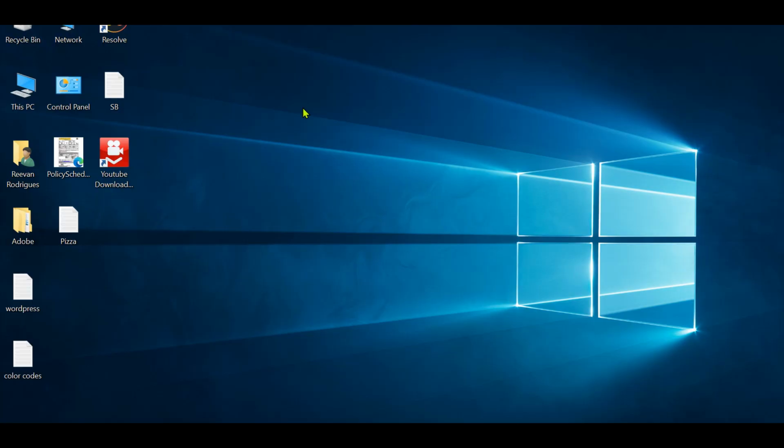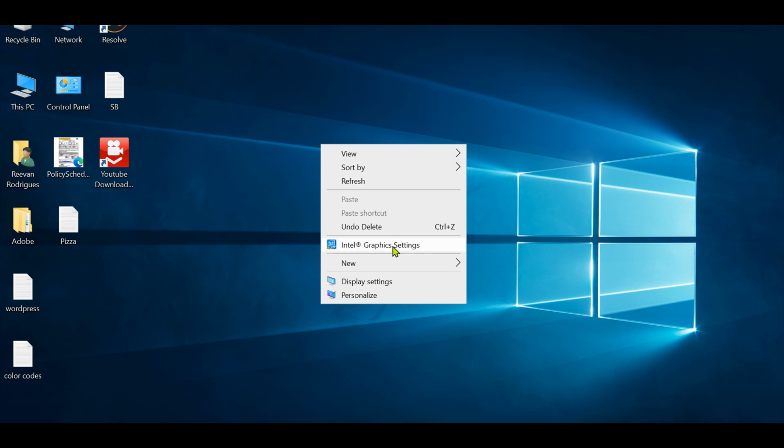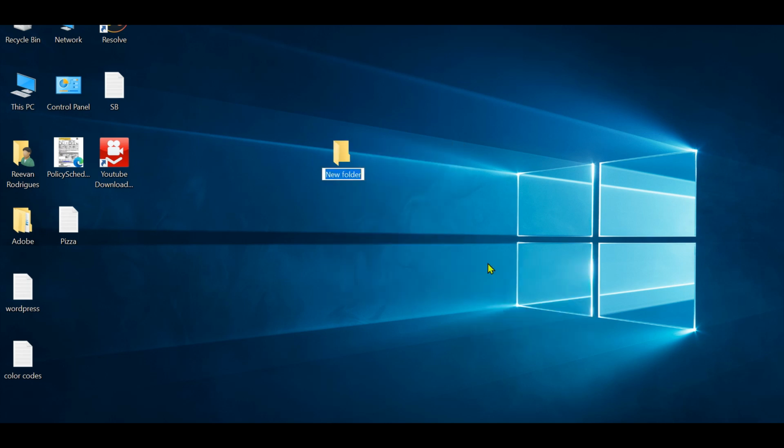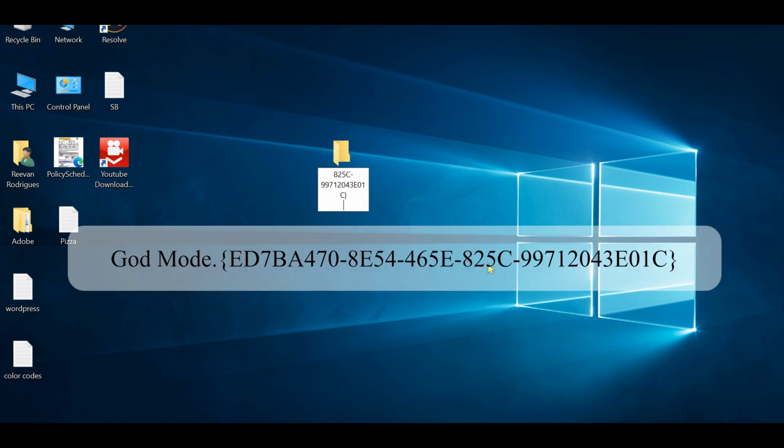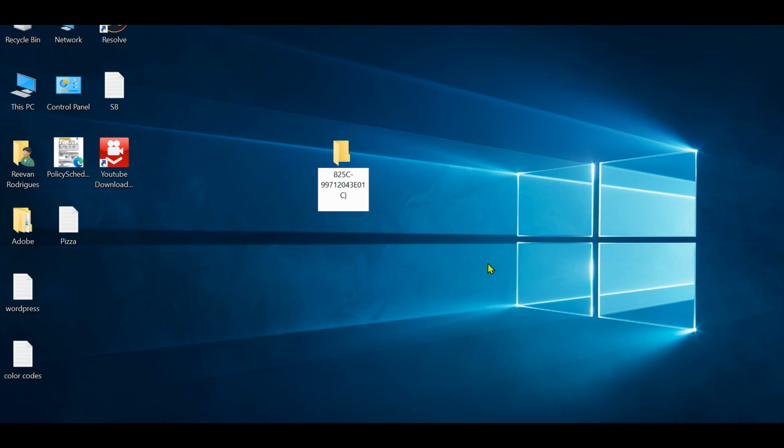So here is the last tip for your Windows 10 operating system that we have all been waiting for. Yes, it's God mode. God mode is something where you can access all the settings and features in one folder. To enable God mode, right click on the desktop, click on New, and select Folder. Name the folder with the text shown on the screen, or you can find the same text in the video description down below.